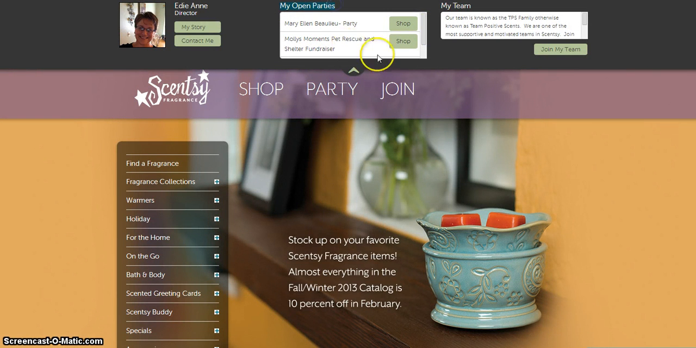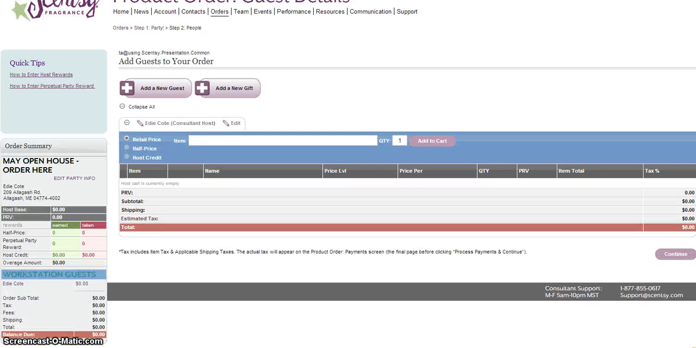So here's where it says my open parties. I scroll and it's not in there, okay? This is where they would want to click to shop from a particular party. When they end the order, if they didn't select a party, they'll actually get an opportunity to select one at that point as well. So I'm going to go back to my workstation,